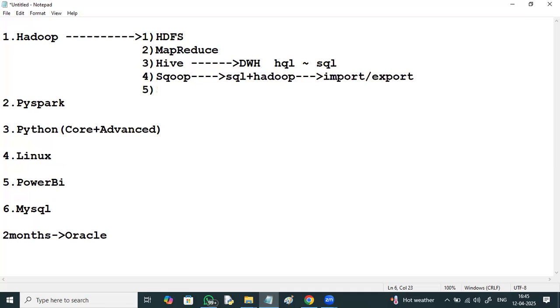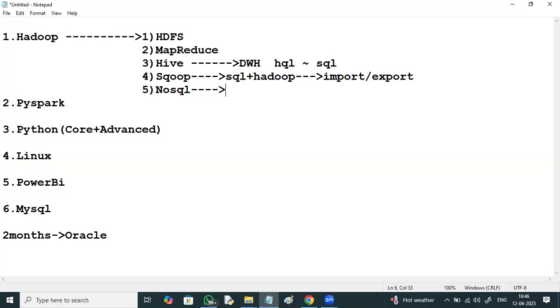Apart from this, I am also going to give you knowledge on NoSQL databases. NoSQL means not only SQL. If you see the difference between SQL and NoSQL, in the case of a SQL database, from the first record to the last record, the same schema has to be maintained, the same number of columns.